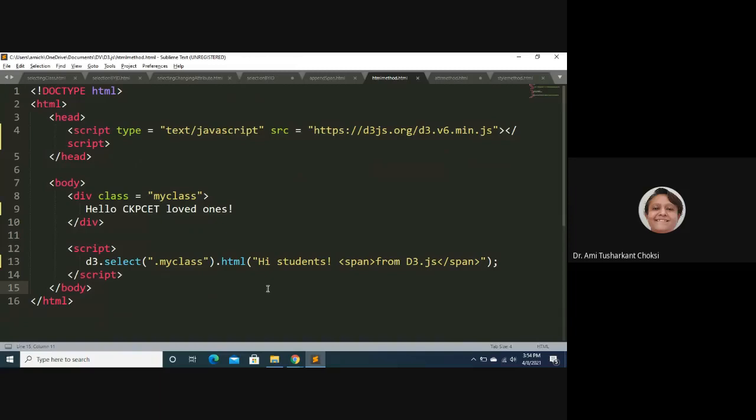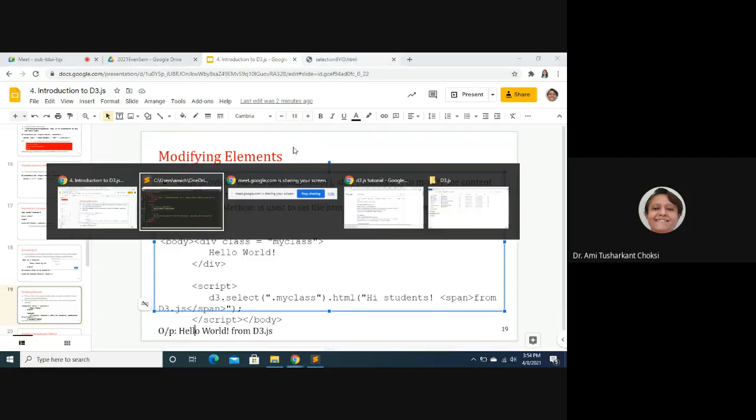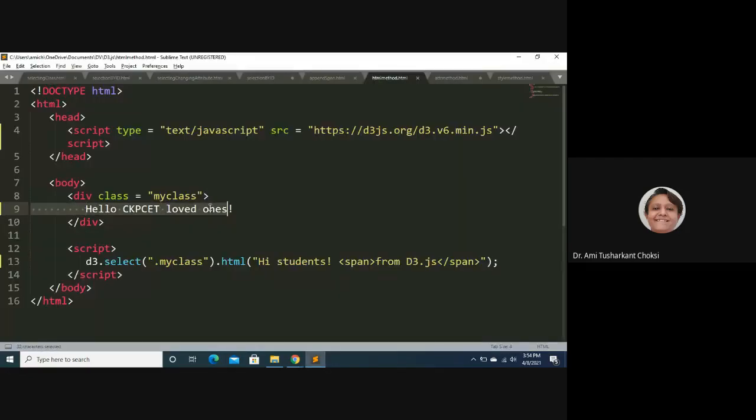Yeah, here it is, right? The same code is here which I have shown you. Here I have changed the text. You can see that it was hello world and that is only the output it is showing. Now let me show you the text is changed. Not actually changing, but we can say that we are appending the value: this will be replaced, plus this span we are adding, right? Let me show you that.